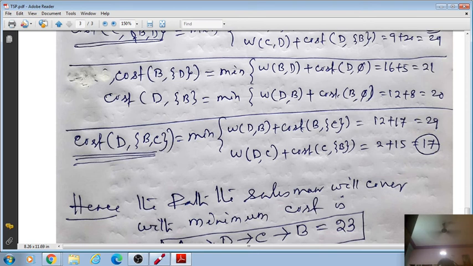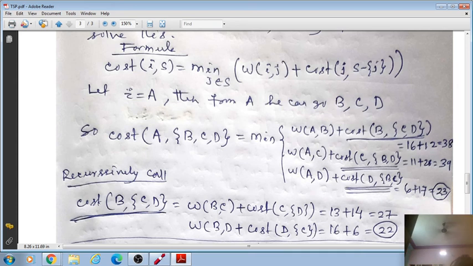Now come to the main function, because from here we have got it recursively. Then what is the last part we have seen? We will make the non-recursive procedures. Now they individually become non-recursive, because among these, this path is 38, this path is 39, and this path is 23. So we only have to choose the minimum, which is 23. This path will be taken into consideration.